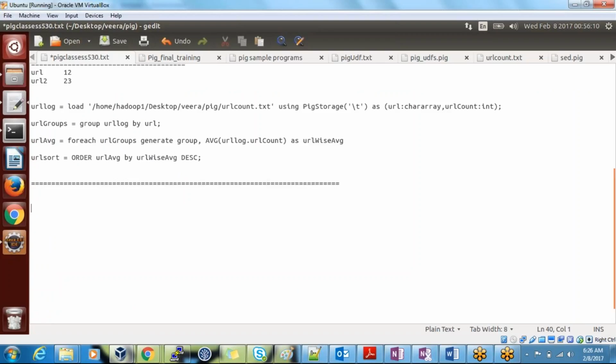Write a program here for each user. So here let me say count the number of queries for each user. So what is the number of queries for each user, right? Now what we need to do, first we need to load the data. User log, you take user log. Where is the file? It is there in my